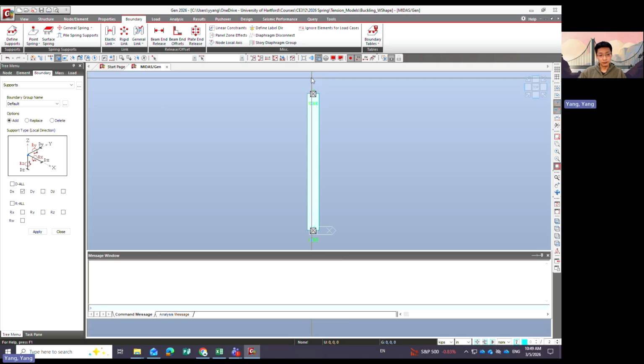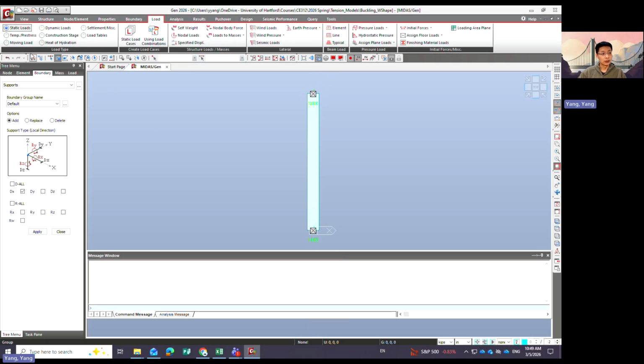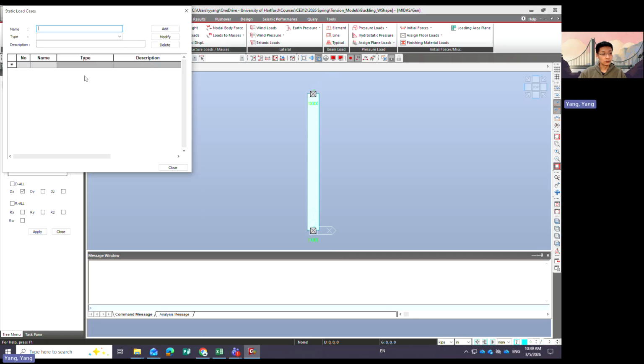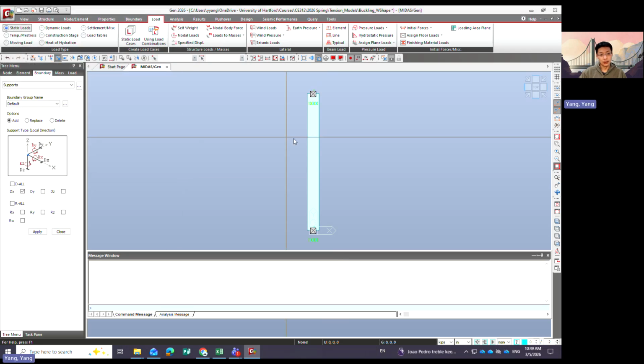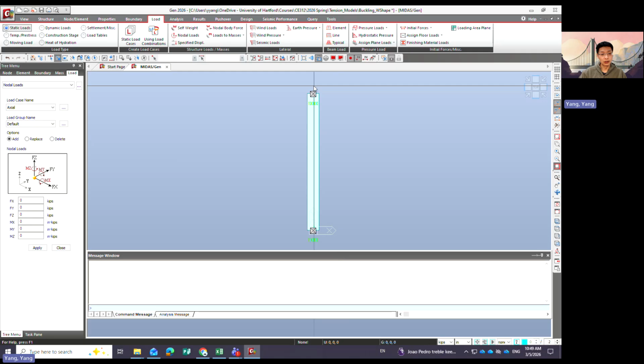Then we apply a vertical load. We need to define a static load case. This is the axial load case. This is the dead load. Add the dead load. We apply the load on top. You can put any number, but I would suggest to use a unit number. So later on we can show that the actual load is equal to the unit load times the eigenvalue. So we apply -1,